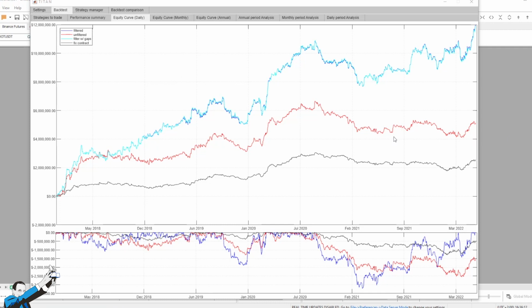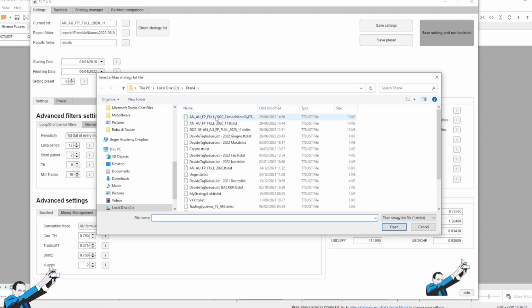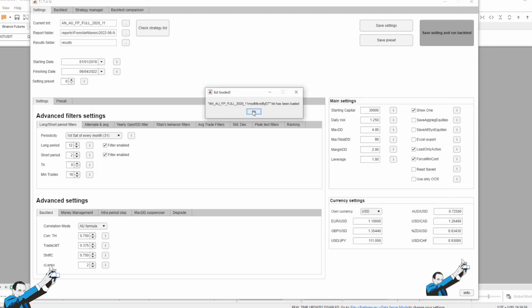Let's go on to add the next step, which is the limitation due to the starting capital, mainly the capital that we have available to spend on our futures trading. Let's go back, and this time let's assume we use $30,000 as starting capital. In this case, we'd have to change our list, of course, which allowed us to use the reference contracts for all futures, and namely the gold contract with a big point value of 100, the crude oil contract of 1,000, the mini SP, and so on.